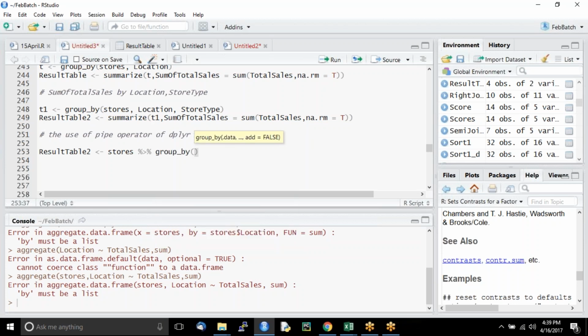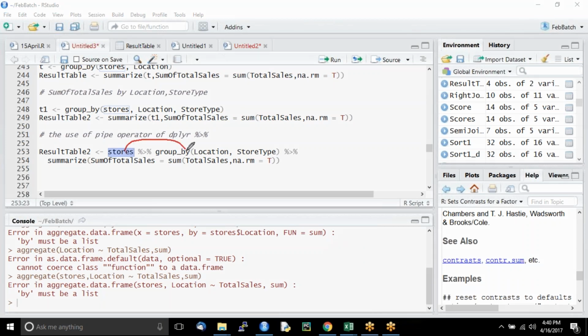And please notice the change in the syntax of group by statements. I'm not mentioning the table name here in group by. I'm simply writing location and store type in which I need the grouping information. Again, pipelining to summarize function. I'll just write it in the next line. And also look at the way how to the summarize function I'm not passing any table input, because the pipelining goes like this. Stores,